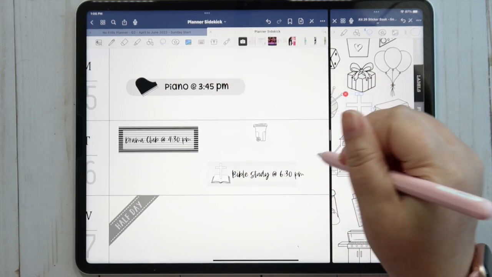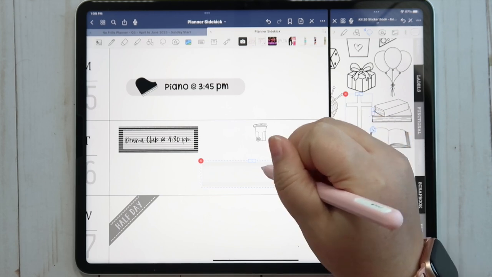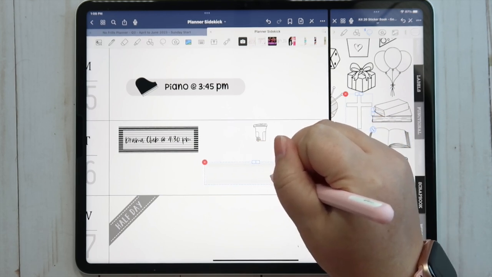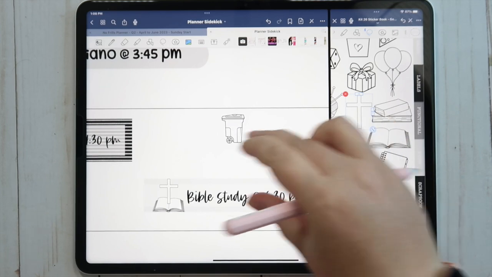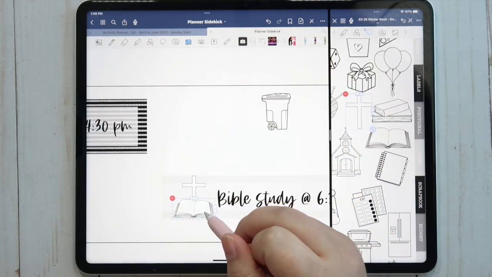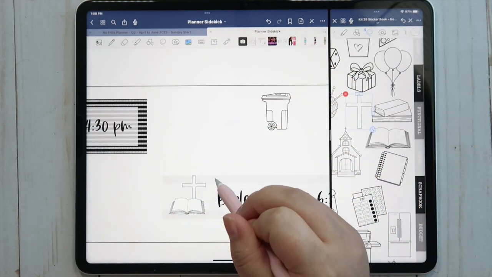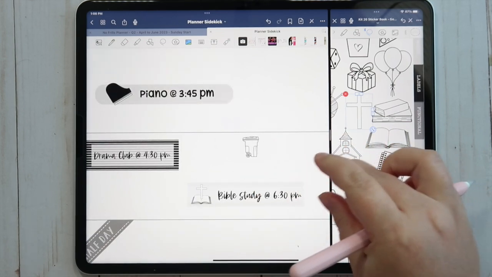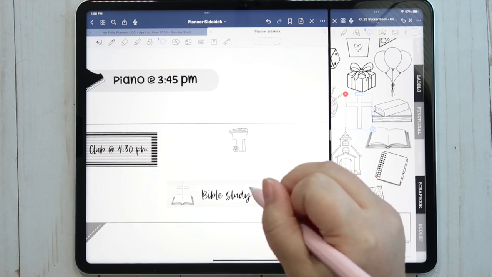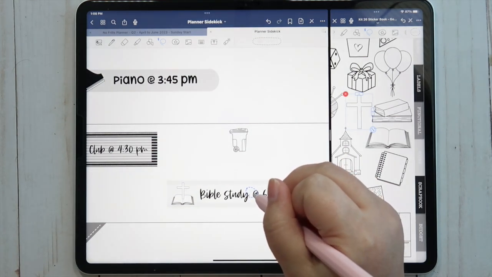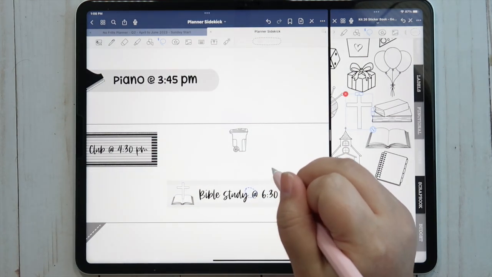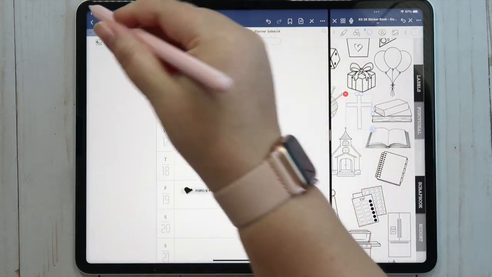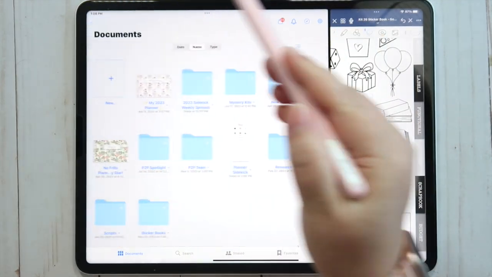And I can simply stretch that out a little bit and then adjust. Bible study right there. Okay, and then I need to get my script stickers.